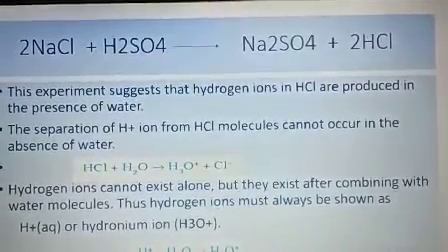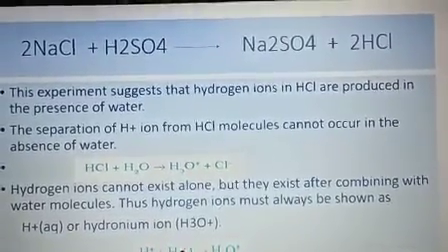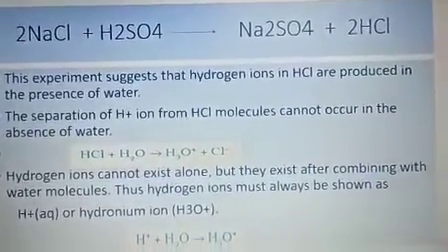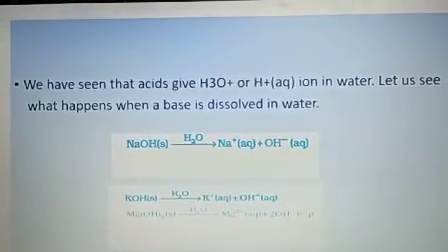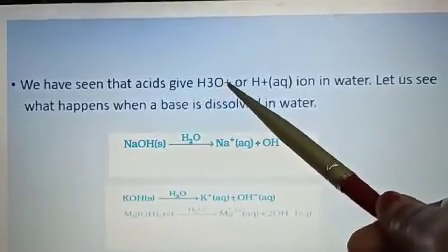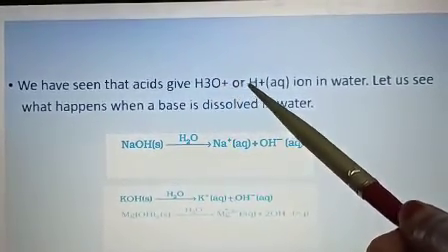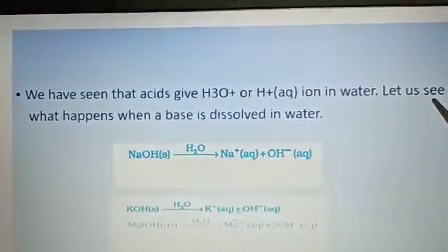So the reaction is H plus ions plus water, because when it is dissolved in water, it forms hydronium ions. So what we have seen is that acids give H3O plus ions, hydronium ions, or H plus aqueous ions in water. So let us see